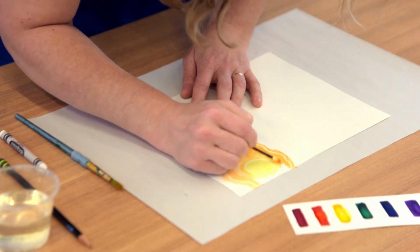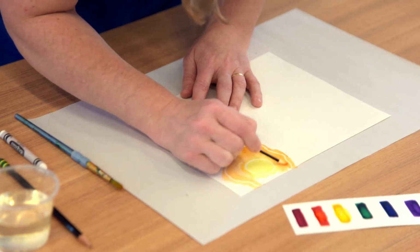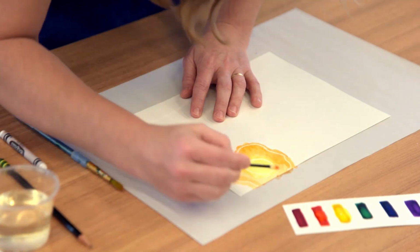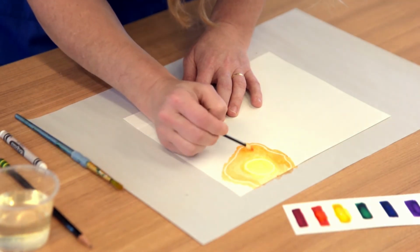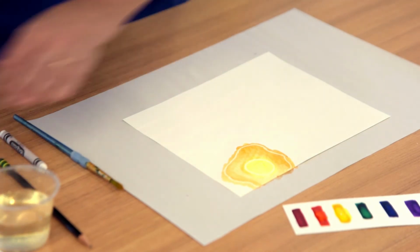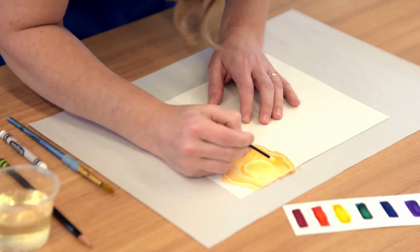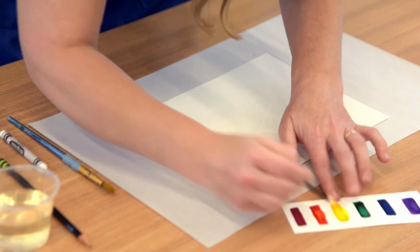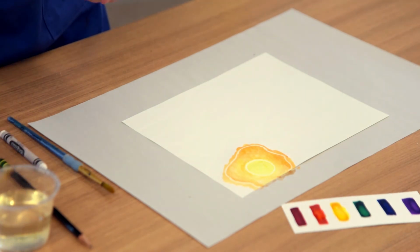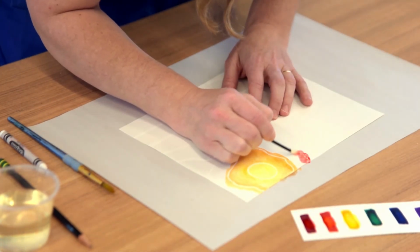Now you can make the watercolor darker by using less water, or lighter by using more water. In fact, if you want to lighten up a color, you might just want to use just plain water and use that to lighten things up a little. I'm going to wash my brush off again, give it a little dab, make sure it's clean. I might want to add a little more yellow in there just to blend that together a little better. Okay. And I'm going to continue to do this to create a sunset effect here